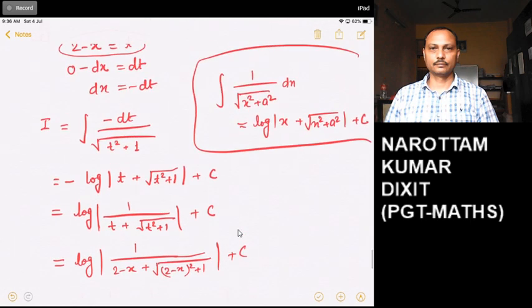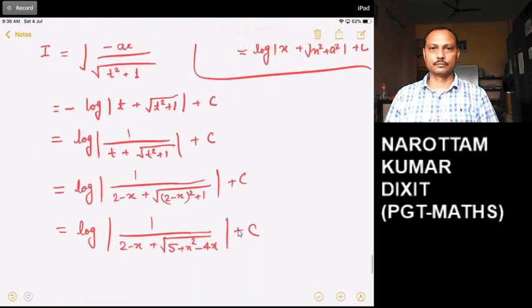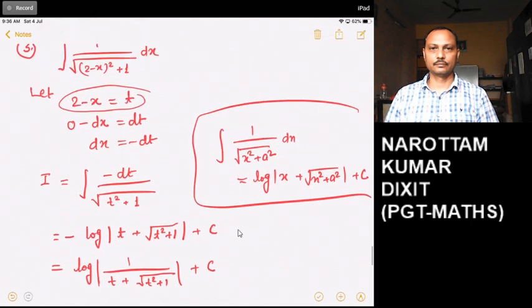So there are two important things. First one is what you will substitute as per the formula. And second one is, finally we get the answer in terms of theta or t, then again change the variable to whatever it is given in the question. And to change this variable, we use the substitution which we have used to solve the question.